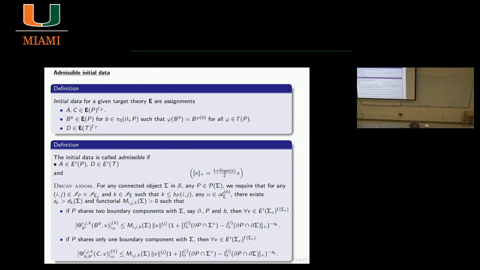And then for all possible seminorms on the glued surface, that's the surface you start with and embed the pair of pants in, there should exist an S_K bigger than this D_K. Remember, this D_K was the exponent on the growth of the sets, and functorial constants that depend on I, J, K on the surface, which is bigger than 0, such that if P shares two boundary components with sigma, so that's a B case, and the minus boundary of P is B in this notation here,